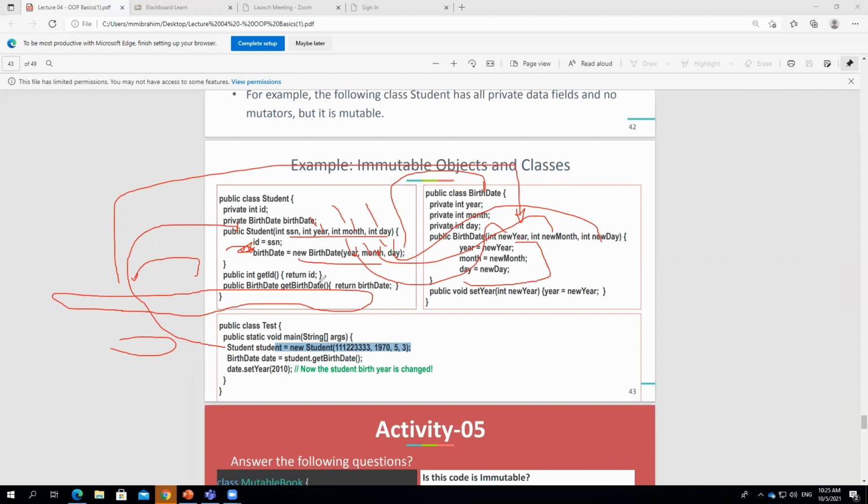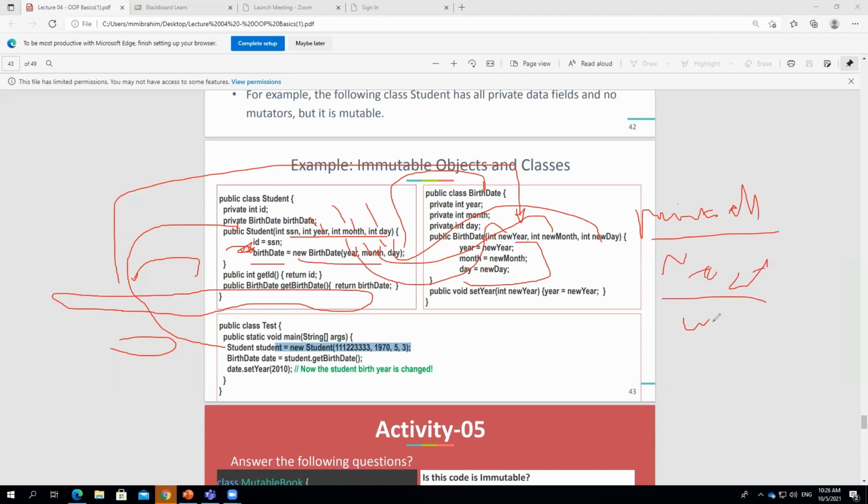So now this class does not contain any set method, but the value has been changed through a constructor from another class. All the fields here are private, no set,